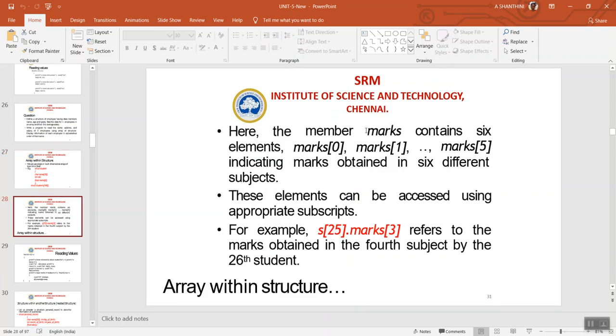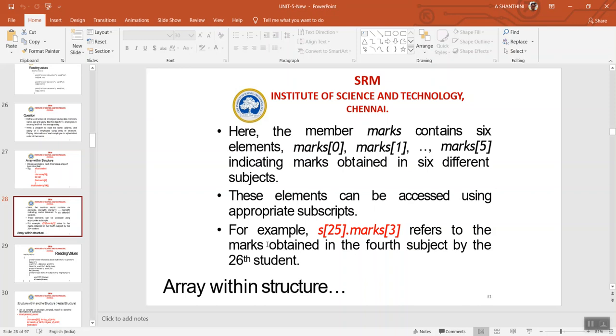Here the member marks contains 6 elements, starting from mark of 0 to mark of 5, indicating we will be getting 6 different subject marks for each student. These elements can be accessed by the appropriate dot operator.